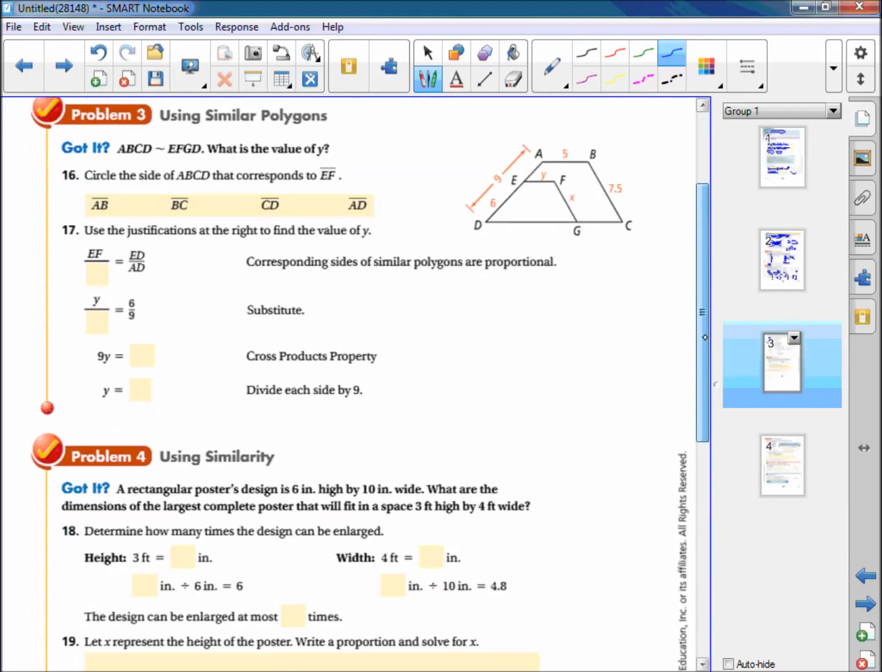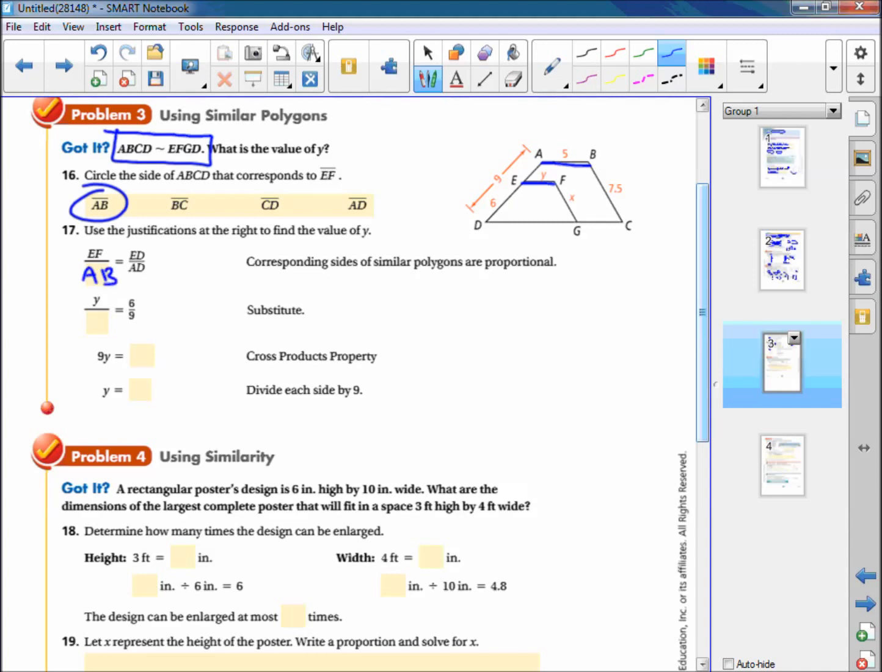Okay, problem number 3, using similar polygons. So ABCD is similar to EFGD. What is the value of Y? Okay, so circle the side of ABCD that corresponds with EF. So EF is this little one here where Y is, and then that trapezoid, so that's going to be that one up there, AB. Okay. Use the justifications at the right to find the value of Y. So EF is the same as AB,